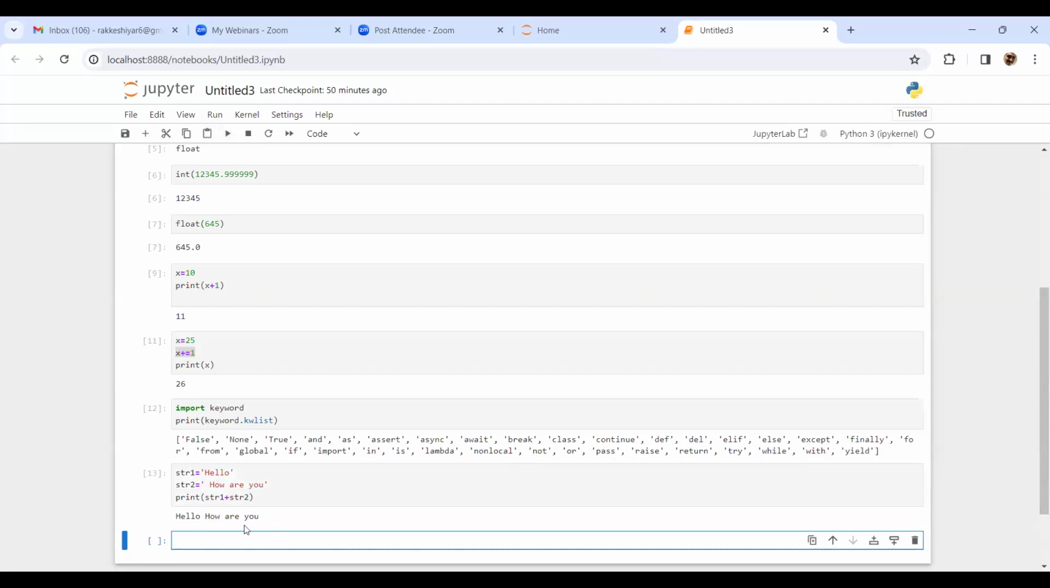Now see, you're going to get the output like this. I can concatenate using the concatenation operator. Got it? So then I want to print this string 5 times. I want to print this string 5 times here. So in that case, str n equal to